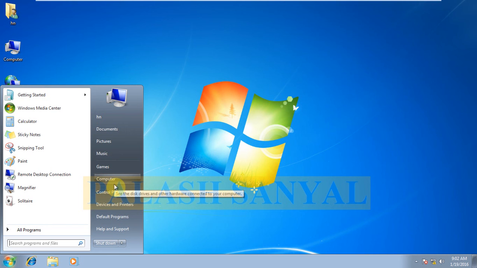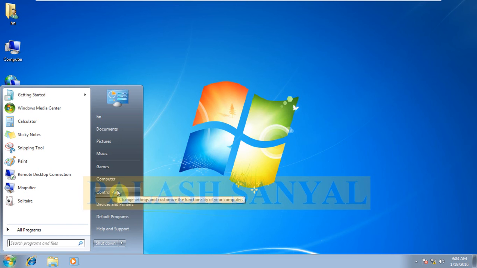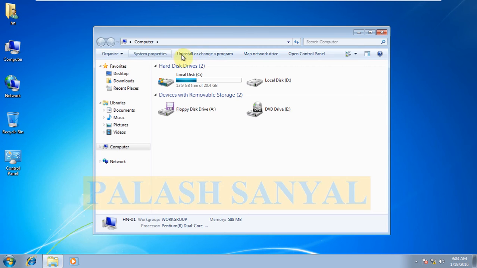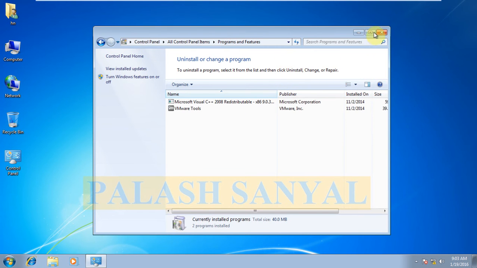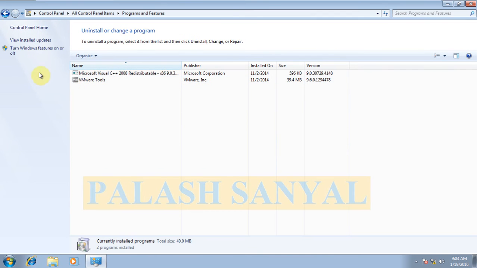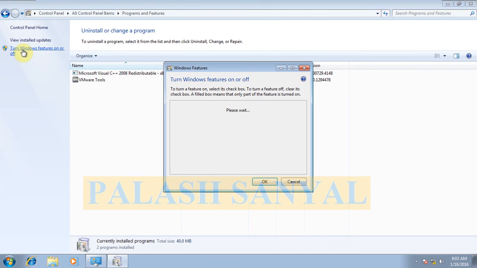If you do not install the Telnet client, your client machine cannot connect to the Telnet server. So go to My Computer, Uninstall or change programs. There is an option, Turn Windows features on or off.